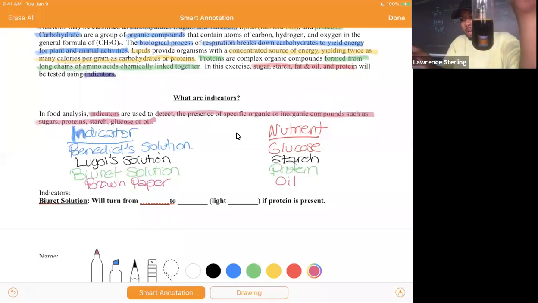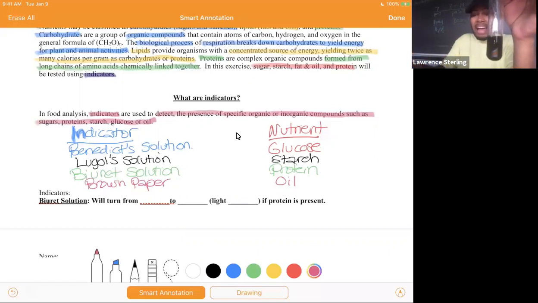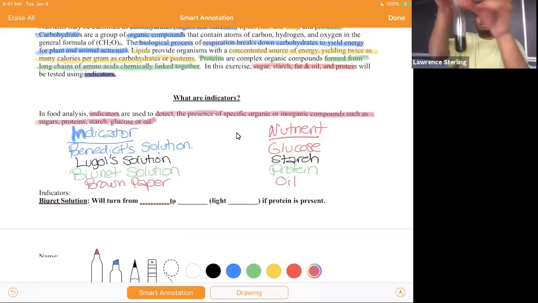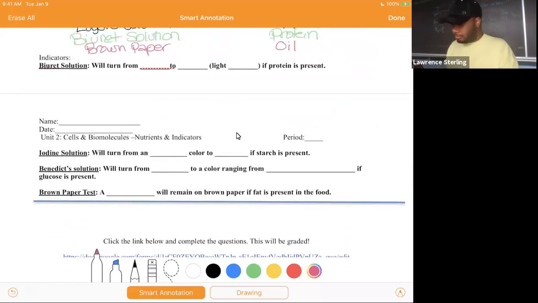If you can see that, you'll literally see it turned black, right? So it turned black. So if you look on your paper, you go where it says iodine solution,